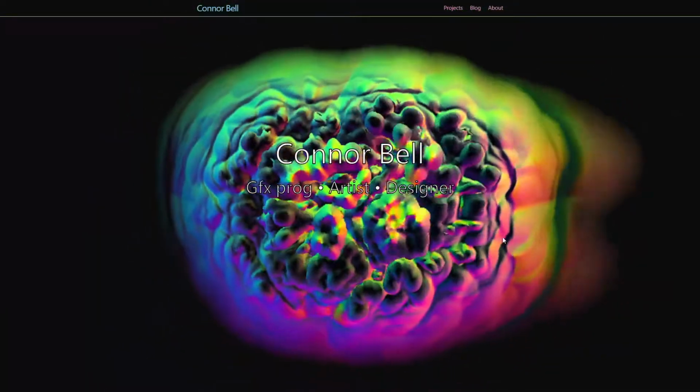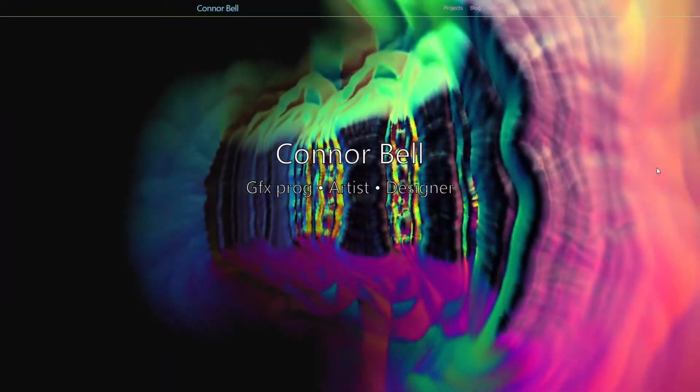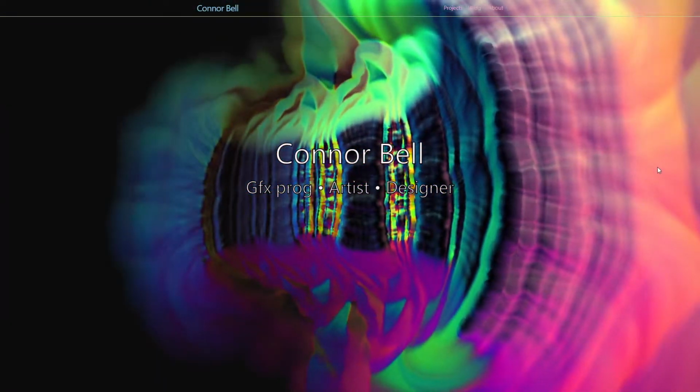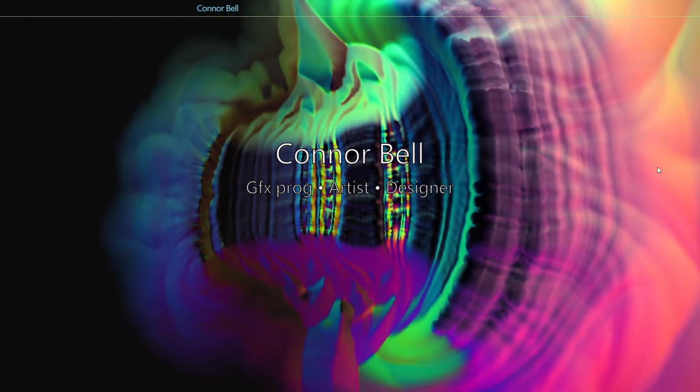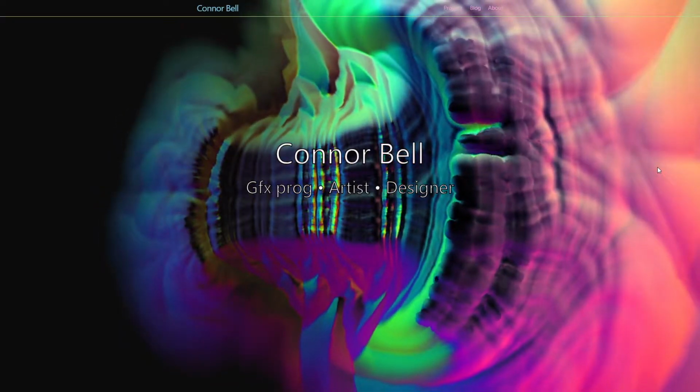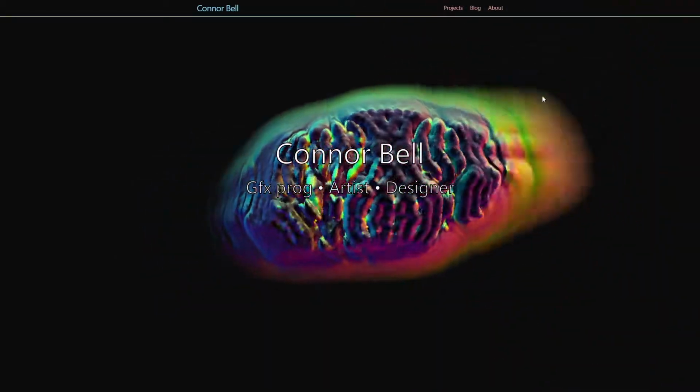So various contexts that I've used shaders in are on my website. I thought having a giant fractal on my homepage was a good representation of who you were dealing with when you put up my website. It's all written in a library called Three.js. I wrote a lot of shaders for